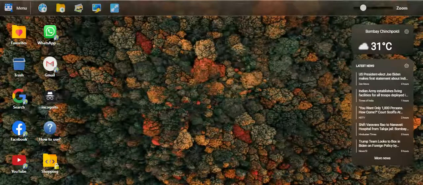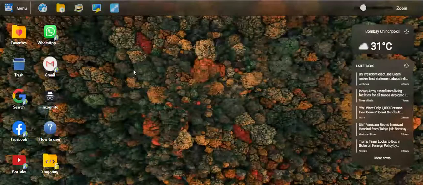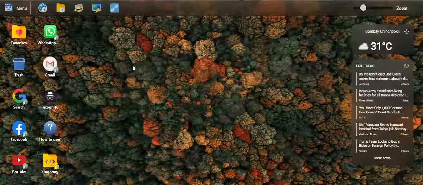Particularly, I feel that this application is very easy to use and understand for new users like me, and I'm a professional user of different websites. In my office I use 30 to 40 different websites daily.